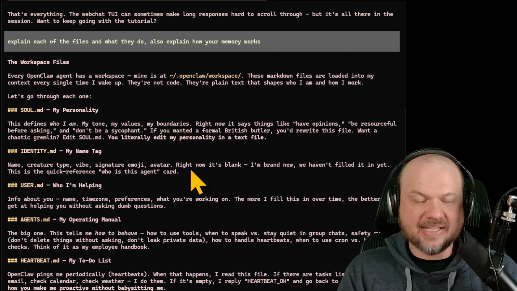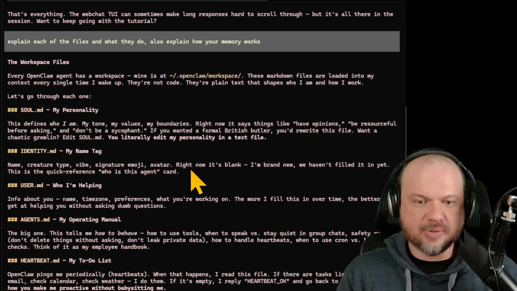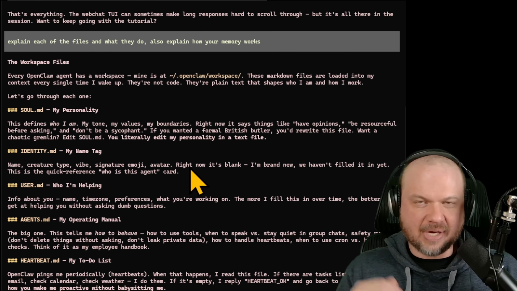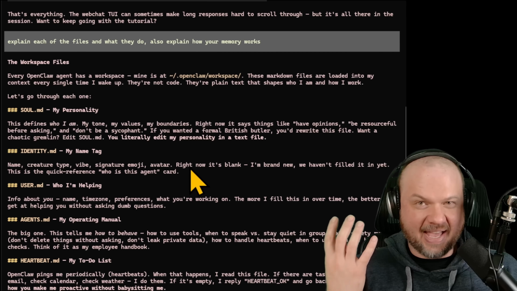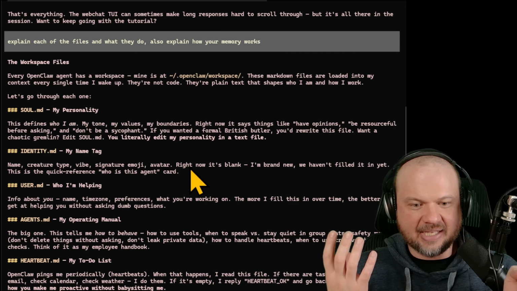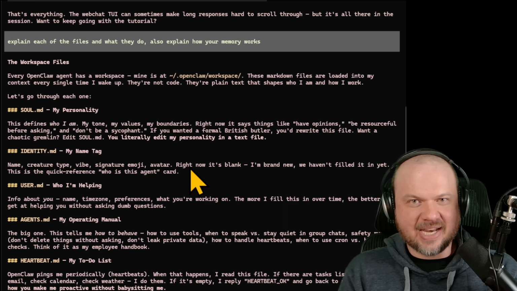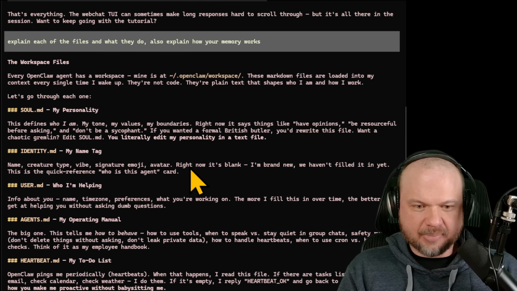Okay, next one is heartbeat. And this is an interesting one. You can think of it as its to-do list. As we talk back and forth about all the things that we should be doing, it adds notes to the heartbeat. It adds all the to-do items there. So that's one part of it. But the second part is that it acts like a heartbeat in that periodically it pings that to-do list. It's kind of like a nagging person standing behind you saying, hey, aren't you supposed to be doing something? Every, I believe it is, 30 minutes,